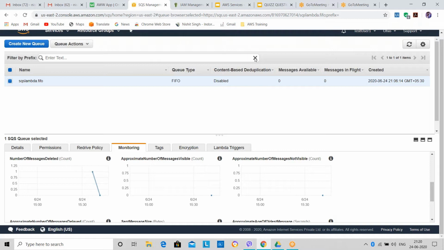Question I can ask by comparing SQS and SNS. With SNS, for example, if any EC2 machine is down, I can configure through CloudWatch that this is an operation for the production support team.